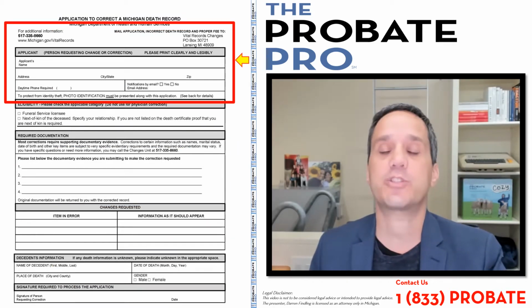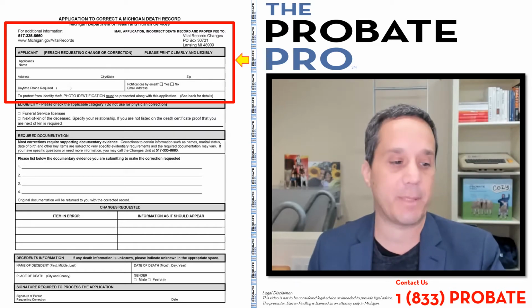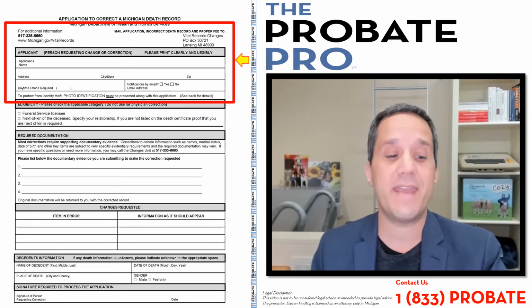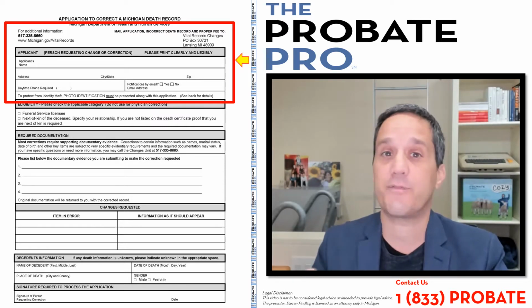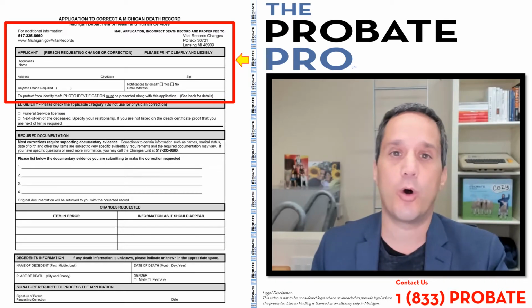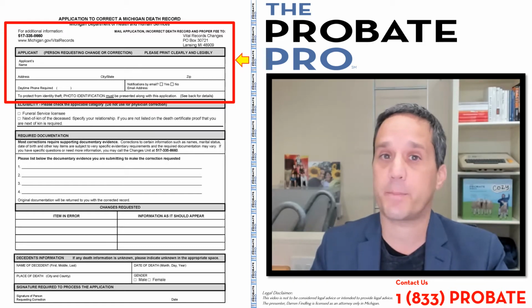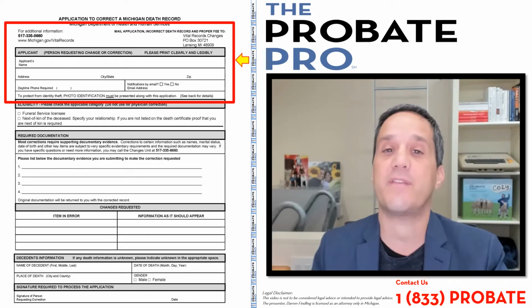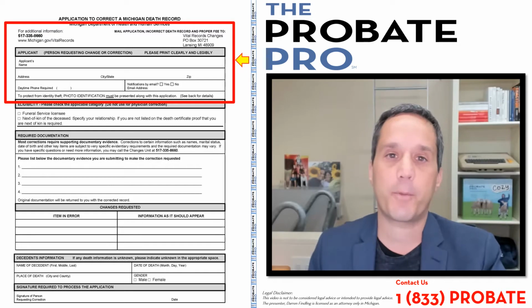Well, there are only certain people that have standing or the right to make that application. And those include the next of kin to the decedent, and that's for the personal information only. The funeral service licensee, so a funeral home director or cemetery, can correct information also about the personal information on behalf of the family, as well as any administrative errors that were provided by the funeral home for purposes of